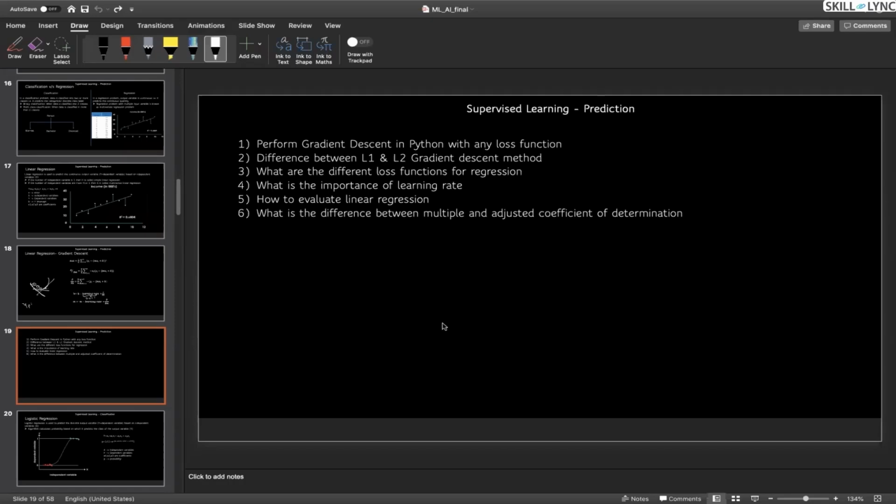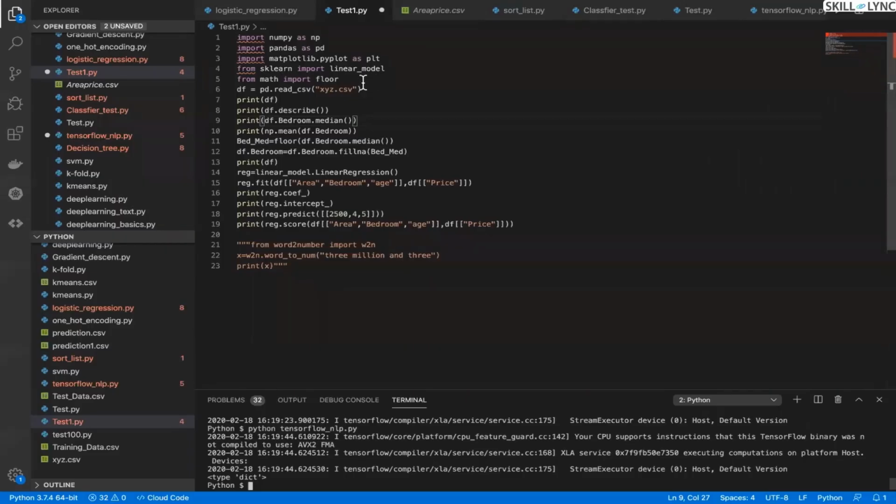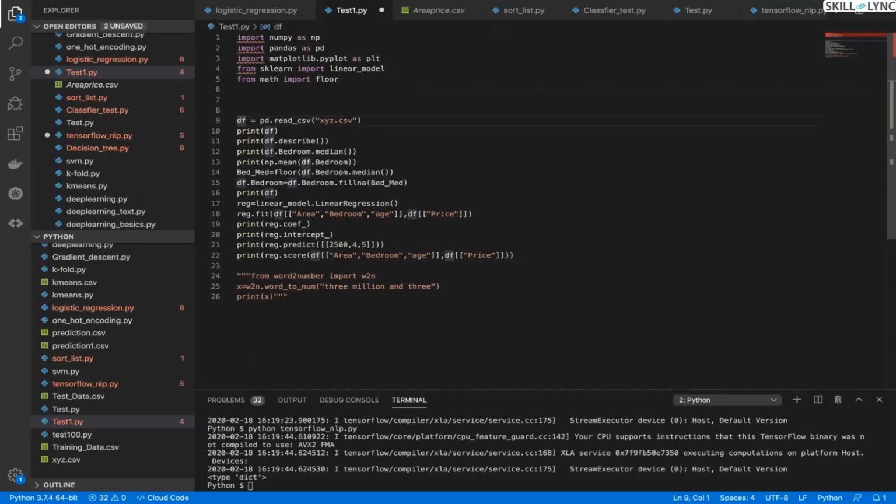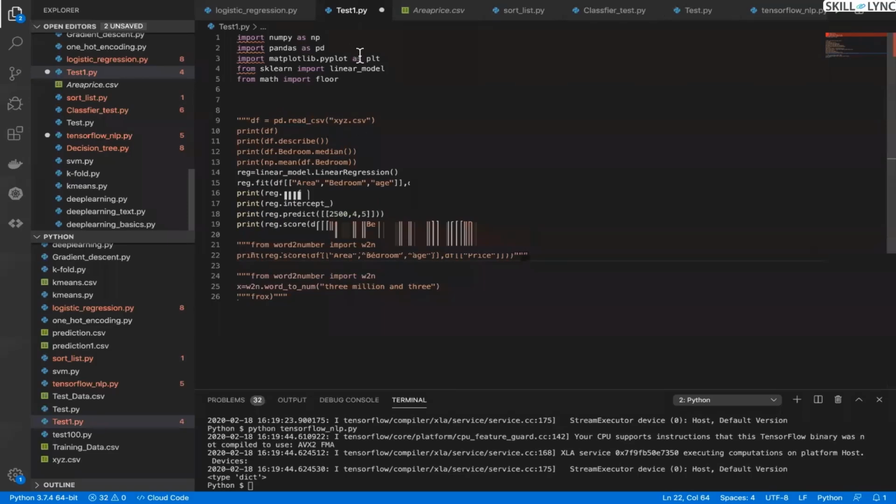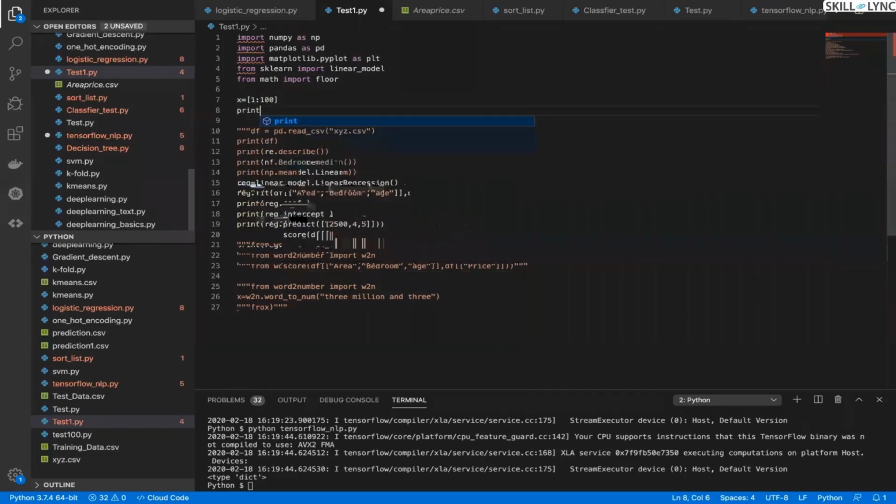For example, let's go to the coding window. If you notice now, guys, this is how we import all the libraries: NumPy, Pandas, different libraries, that's okay. But for example, let me comment this code for the time being so that I can go to the basics. Okay, so these are the libraries which I have installed. First, let me explain what NumPy is. Okay, for example, if I have x equal to 1 to 100,